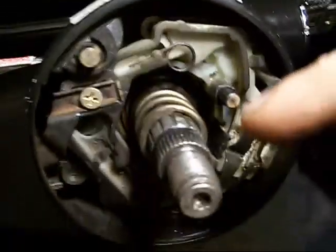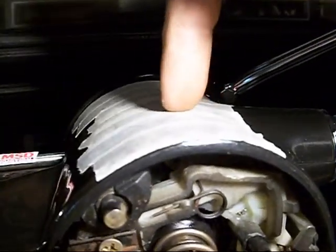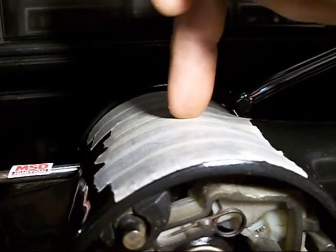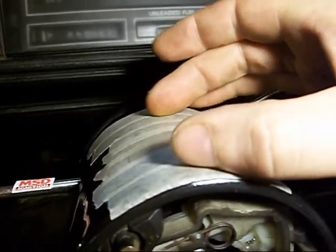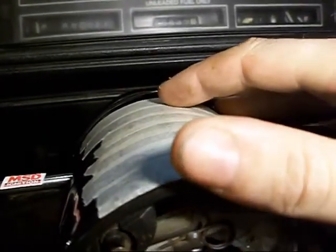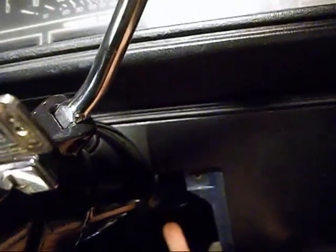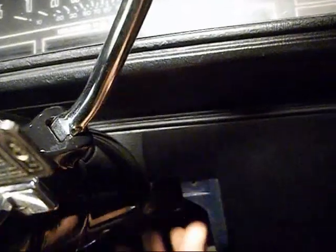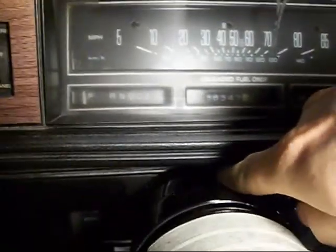And the reason I'm taking this apart now is so I can drill down into the steering column and drill 2 holes, so I can put 2 self-tapping screws to hold the bracket on. And then once I do that, there's 2 screws that hold your steering column up. You loosen them up and the steering column will drop down, and then I'll run the wires up through here